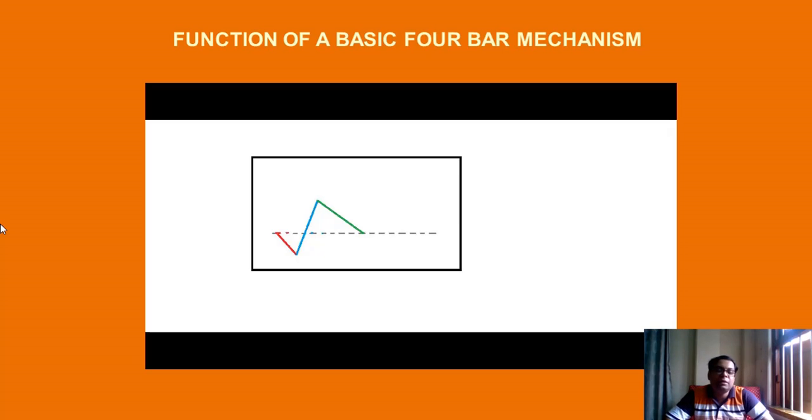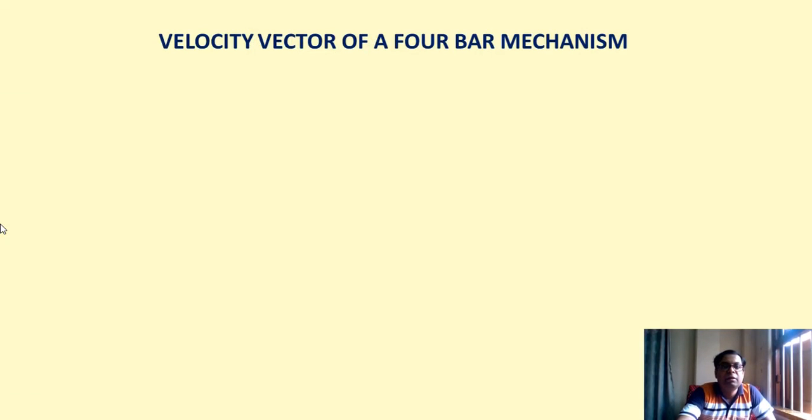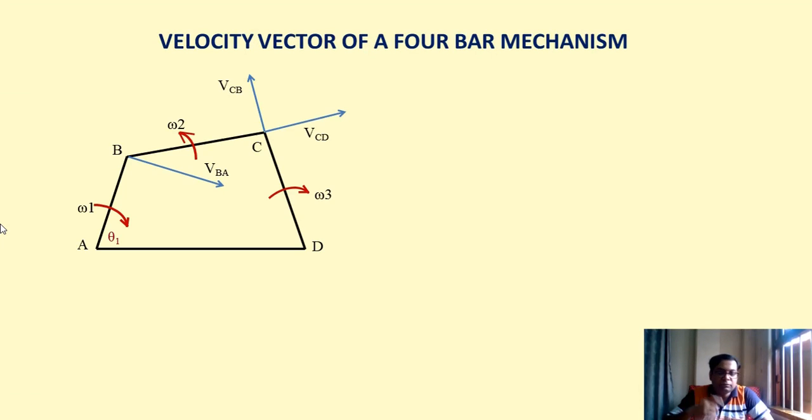So definitely there is some linear velocity component that will be generated by this method. Now over here, what exactly is going on? Let us start analyzing this. So the red colored crank, which is named here AB, capital A, capital B, has an angular velocity of rotation omega 1, which is rotating in the clockwise direction.